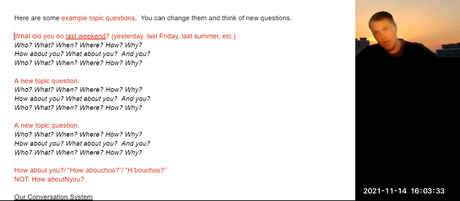From my apartment building to the beginning of the hiking trail, it's only about a 5 or 10 minute walk. I normally hike for about an hour, and I usually hike alone. How about you? What did you do last weekend?